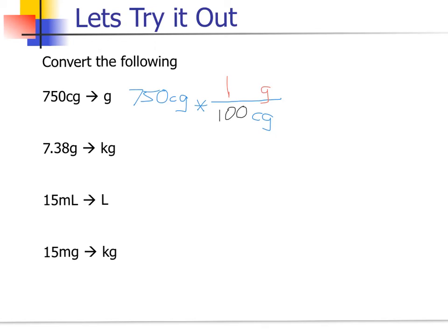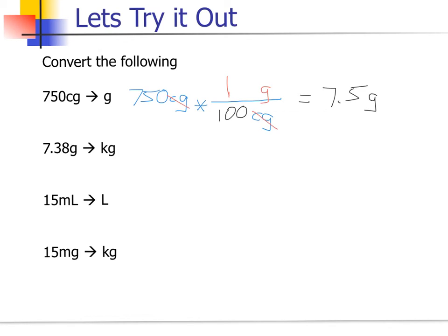And algebraically I can see that my centigrams cancel out. And so I can divide by 100, or I can do this crazy thing of moving our decimal place over 2 places to get 7.5